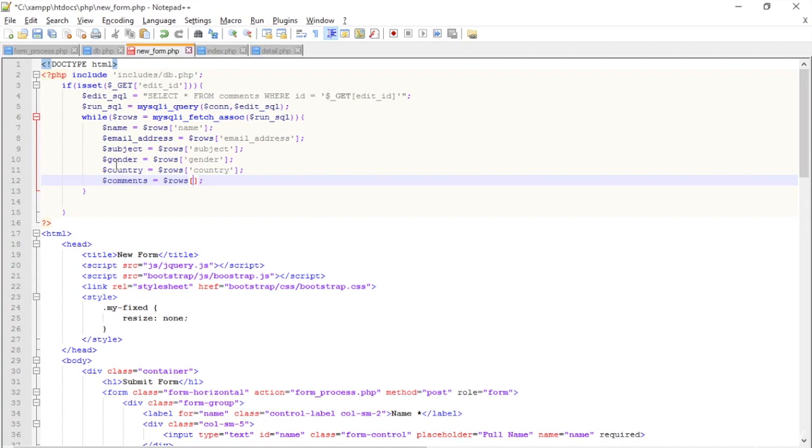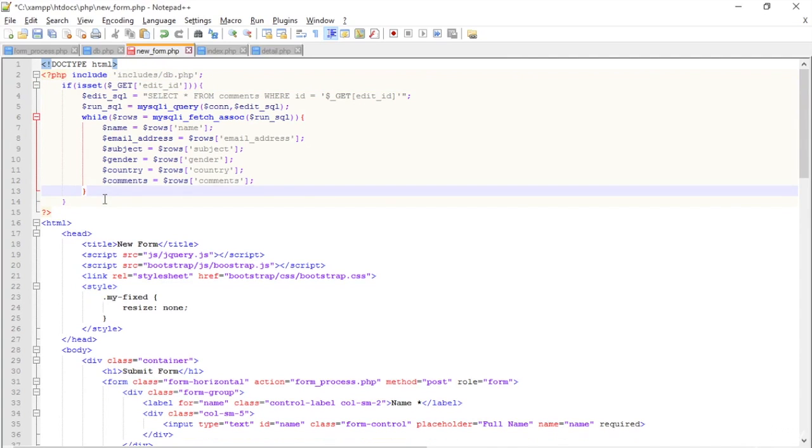Here inside that I'm just typing the comments which I'm getting from the database. You know that we are just editing the thing, which means the data is already stored in the database, by the way. Now the other thing I have to do is add the else of this if. Here I'm just adding the else,